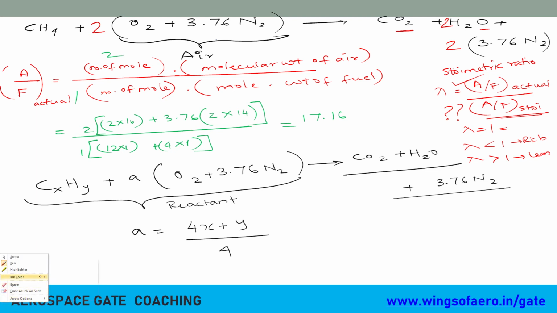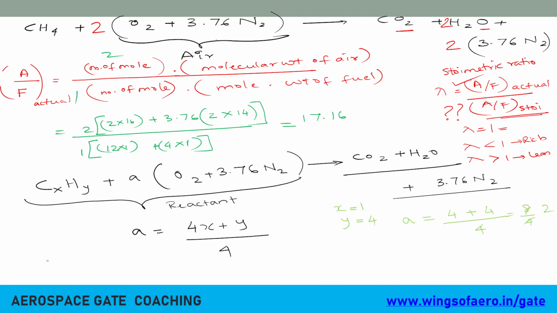Now in this particular problem, let's fit this general equation to it. What is the x value? x is 1. What is y? y is 4. Now can you find the a value? 1 plus 4 by 4, so 8 by 4 becomes 2. Can you follow that? Am I doing this calculation correctly? Any doubt? Yes, now 4 by 4 is 1, so a is 2.